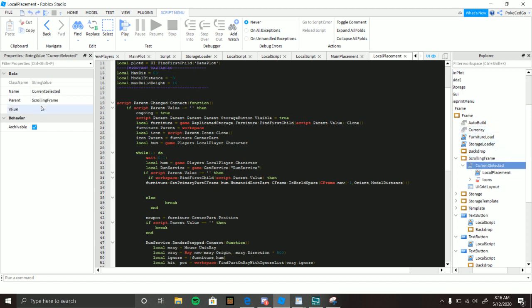When this string value changes to nothing, first it's gonna check if this is not equal to nothing. So that means there's something in it. So it'll set ongoing equals true. Storage button visible equals true, so they can store it if they want to. If they want to, they'll go to that build mode, quote unquote. It'll make the storage byte equals true. Get the furniture from the game, that directly storage to furniture list. Clone it. Make this part workspace. Change the icons. Clone that really, and insert it into the